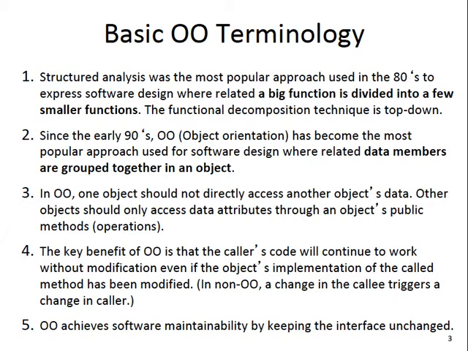And then each big function, they divide it up into a few smaller functions. And so that's why we call it top down, because at the top, one system is seen as a big system, then divided into a few big functions, and each function is broken down into